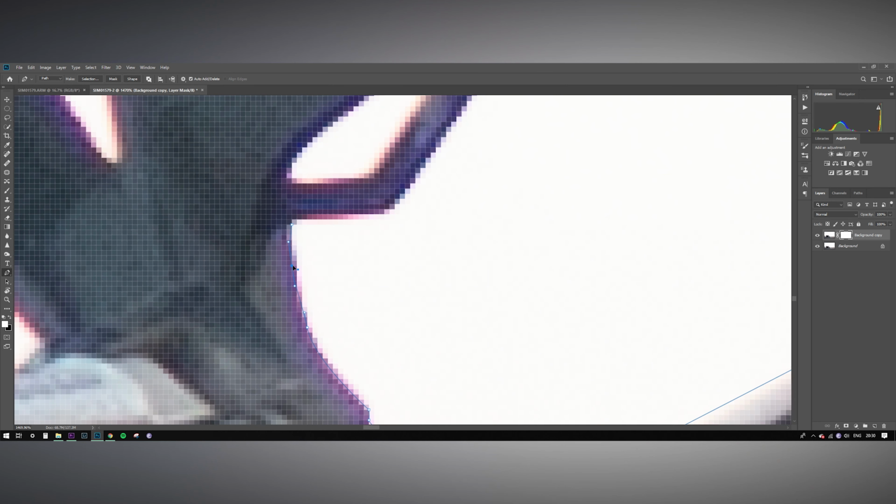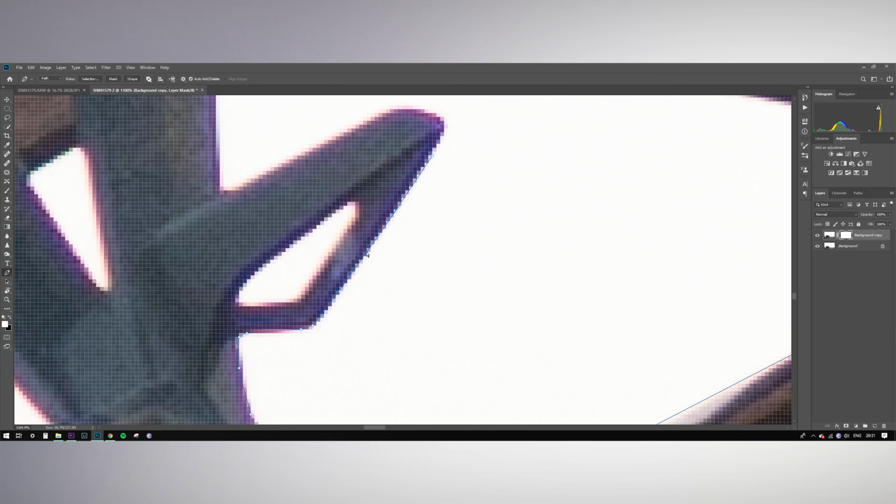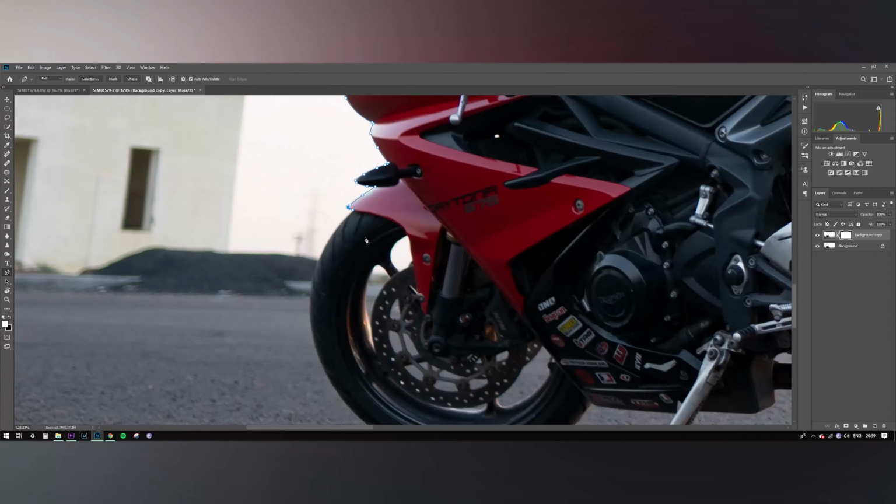Since we are working on a layer mask, you can always come back and adjust whatever is required. As you can see, there is plenty of purple chromatic aberration appearing on the tail of the motorcycle. So we can remove all of this later on. It forms because of the lens. As you can see, there's plenty of them around the bike, so we can remove them later once the major selection is done.